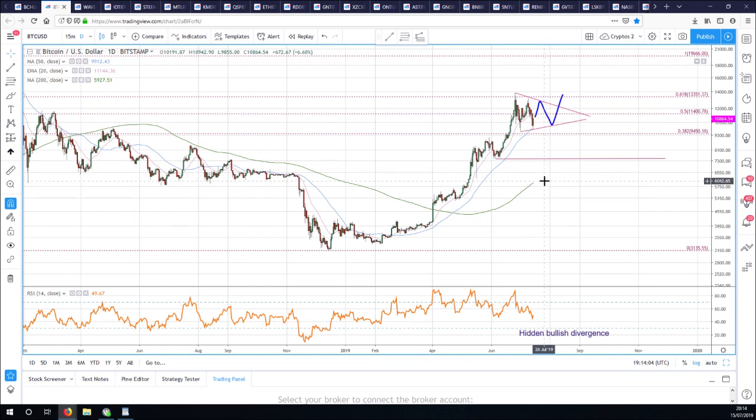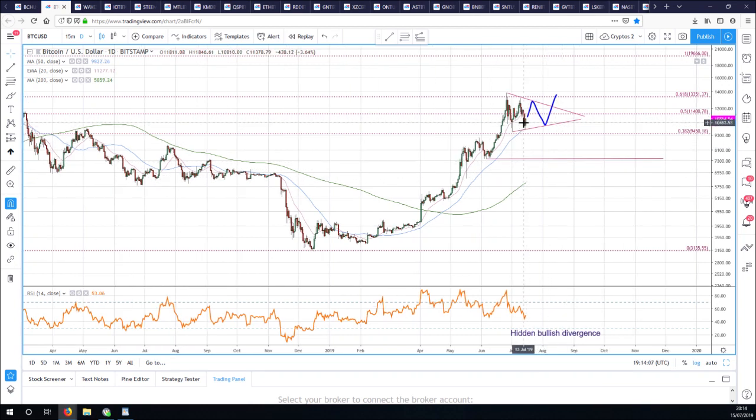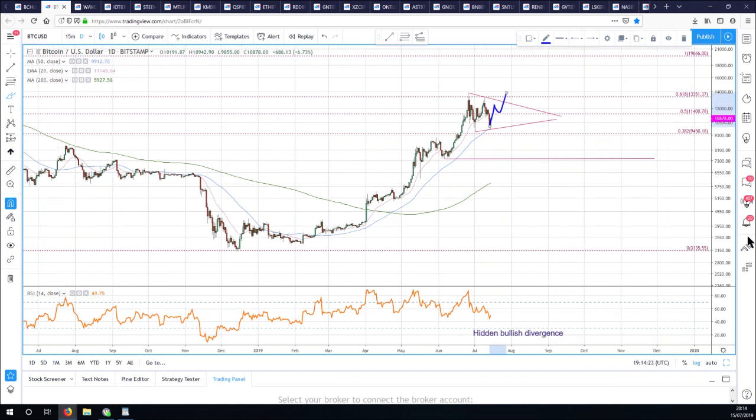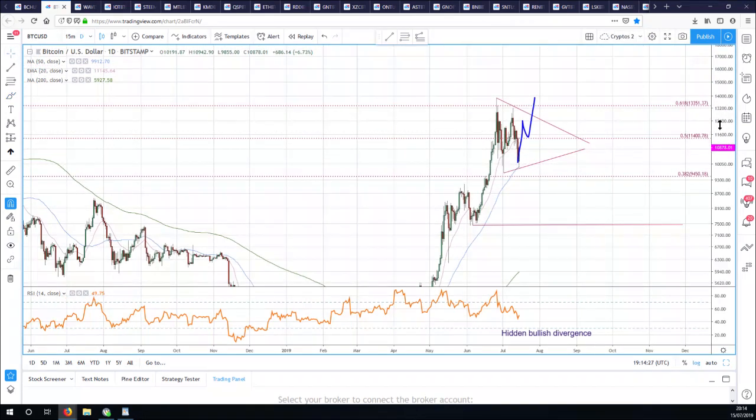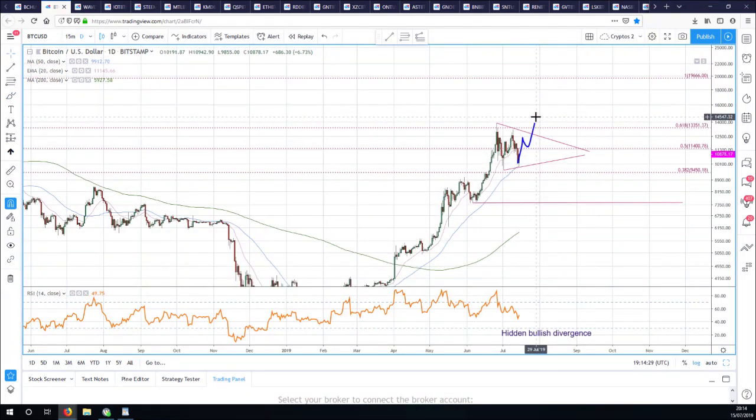Until now, I'm really sitting on my hands. I didn't buy here. And the reason I didn't buy here is even if this is just crazy and it just goes straight to new highs, right? It never just goes in a straight line. There will always be a point where you will get a pullback, a higher low, or an entry that you can buy against.